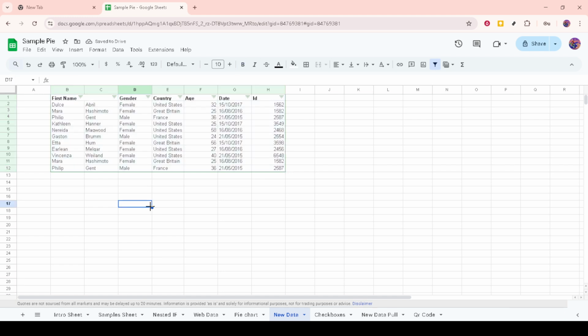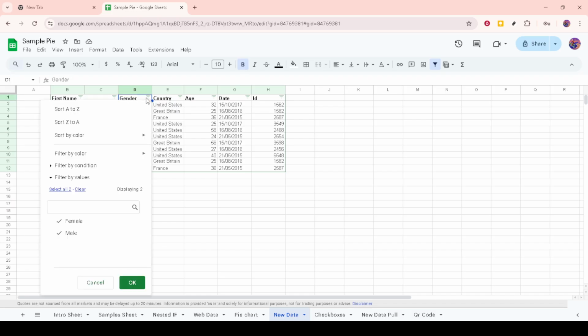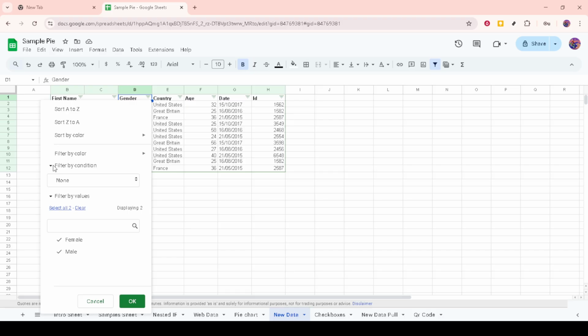Now, to actually use the filter, you'll need to click on this triangle icon within the column you'd like to filter. This action will open the filter menu, which allows you to narrow down the data displayed according to your criteria. At this point, after the filter menu has opened, you're gearing up for the next essential part of the process. The filter menu has an option called Filter by Condition. Clicking this will open a list of possible conditions you might want to apply. Make sure to choose the condition that best suits your needs.